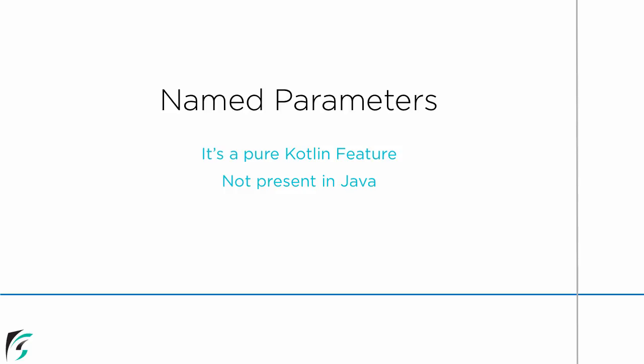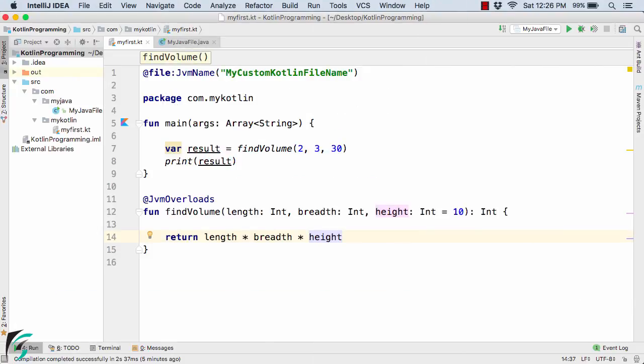Let us now proceed and check out one more concept in this section of functions, such as named parameters. Now this named parameter is a pure Kotlin functionality. It is not actually present in Java, so there is no chance of interoperability in this case of named parameters. So inside the IntelliJ IDE, this is the same project on top of which we were coding in the previous